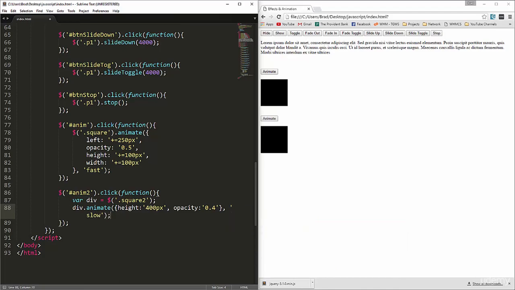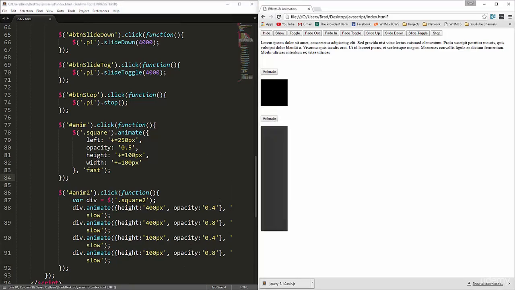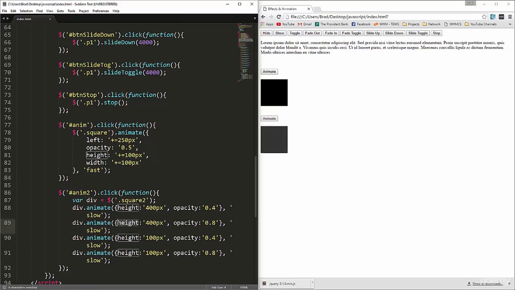Okay, and then what we can do is copy that, and I'm going to paste it in 3 more times, and we're just going to change the second one. I'm going to change this to 0.8 for the opacity, and then this third one I'm going to change to 100 pixels, and this one also to 100 pixels, and this will be 0.8. Alright, so let's see what that does for us. So if we reload and I click animate, alright, so we actually want to change this to width and this to width. Okay, so let's try it again,